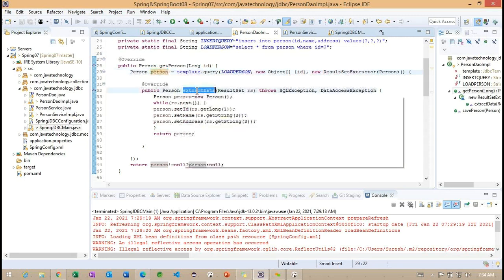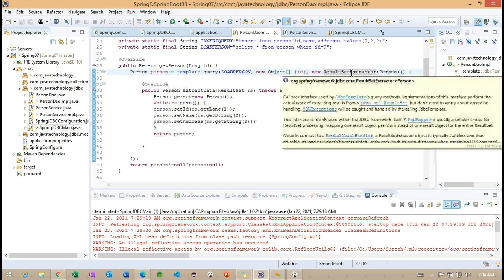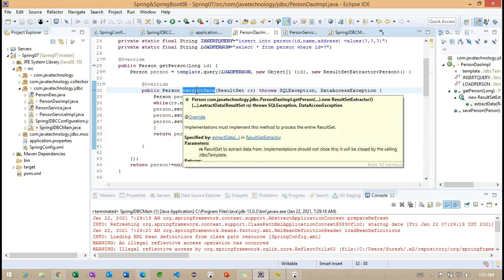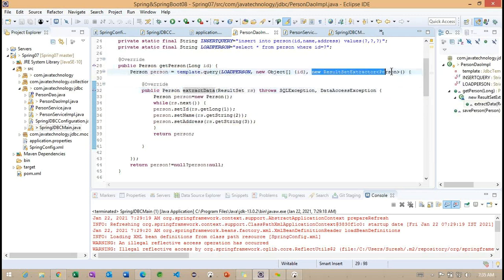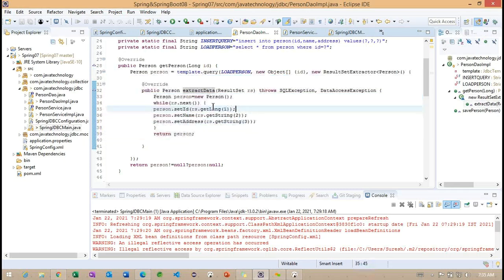Yes, this method will return the person, and typically this is an interface here. ResultSetExtractor is an interface. The ResultSetExtractor interface has one method, extractData. Now what we are doing here is using an anonymous inner class, implementing the extractData method to return one object here.